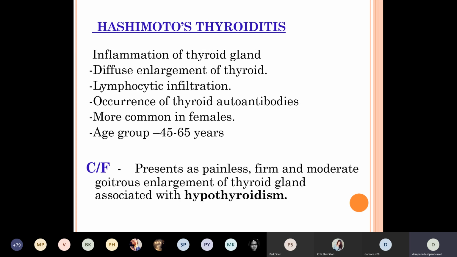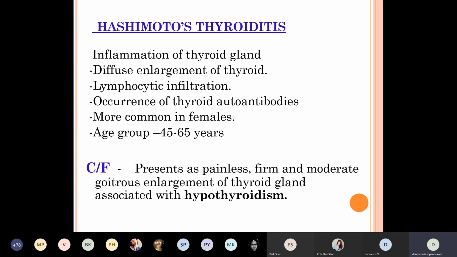Now we will discuss Hashimoto's thyroiditis. This is very peculiar and very easy to identify if you know the thyroid histology. So what is thyroid histology? You should know follicles and colloid. So what is Hashimoto's thyroiditis? Why is it given the name Hashimoto's? Because the Japanese scientist discovered thyroiditis. That is what is called Hashimoto's thyroiditis. And what is thyroiditis? If it is itis, that is inflammation. Inflammation of the thyroid gland.